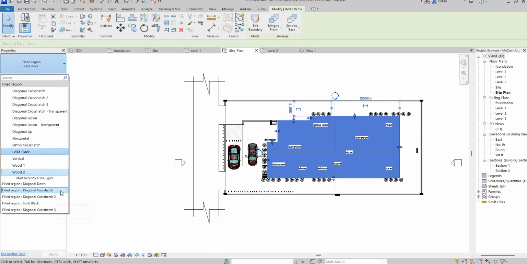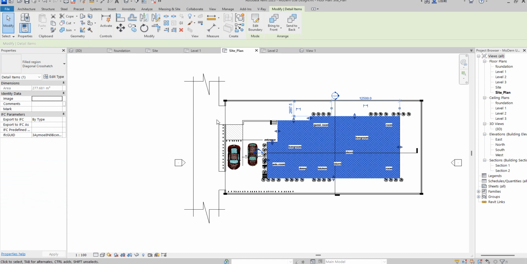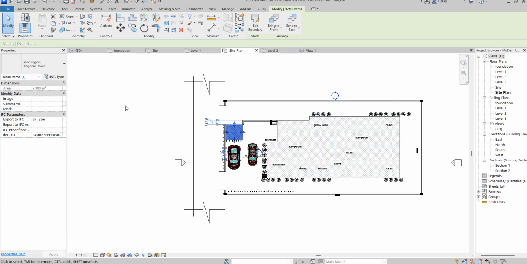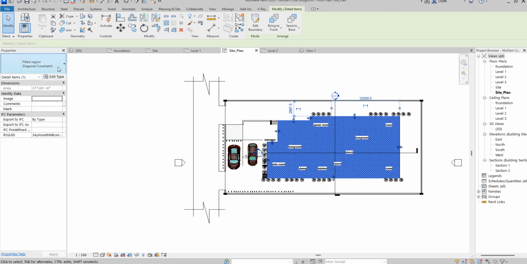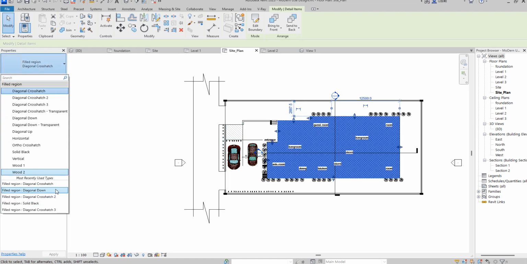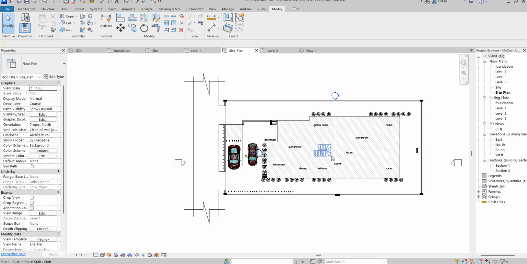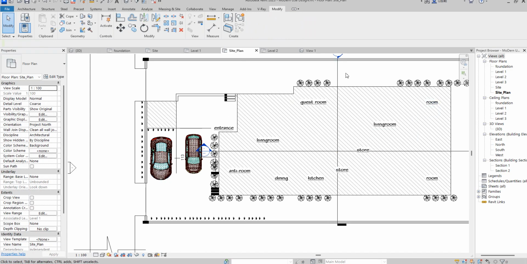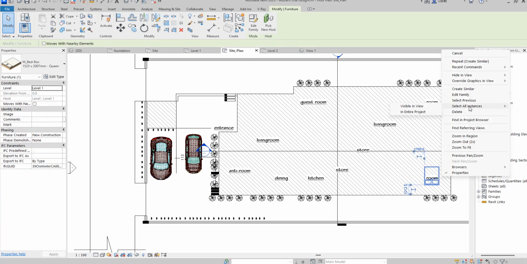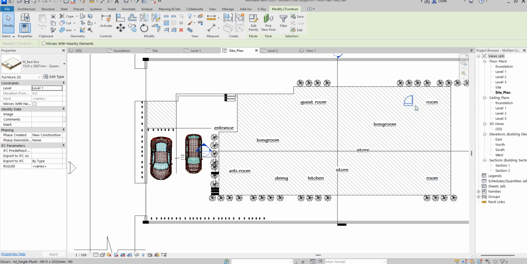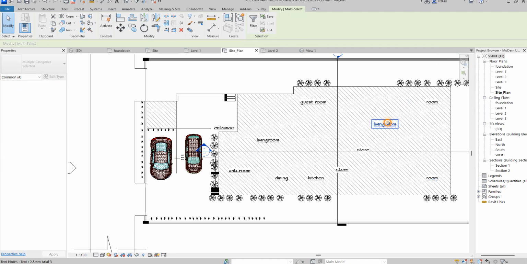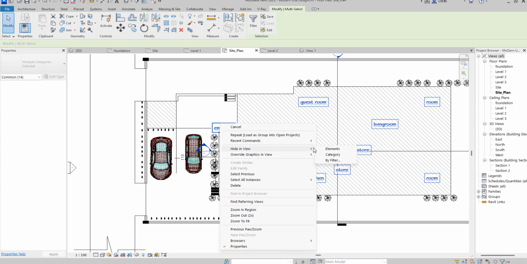So what you just need to do is that diagonal crush. So this one, diagonal crush, you have there, it's not the same thing. So diagonal crush. So this is what we have. So what you just need to do is select these ones, the letters, or you select anyone here. Just say select all instance in this view. That's done to pick for you. You can select all instance in this view as well. You pick for you. So all you can do, just like hide them